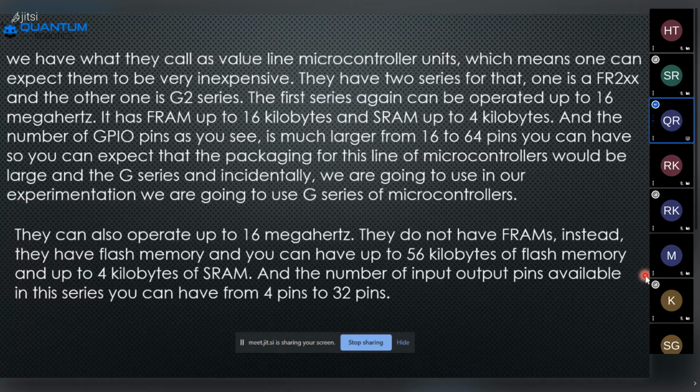Okay, and here we are increasing the memory capacity and the memory location database, with 16 to 64 pins, which makes sense for data transmission and the communication from one device to another device. They can also operate up to 16 megahertz. They do not have FRAMs. Instead, they have flash memory, and you can have up to 56 kilobytes of flash memory and up to 4